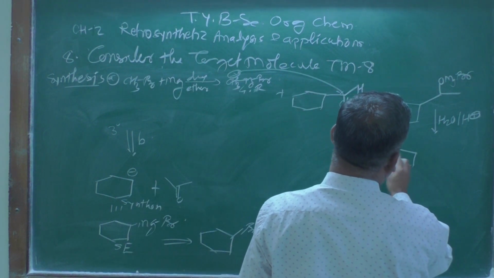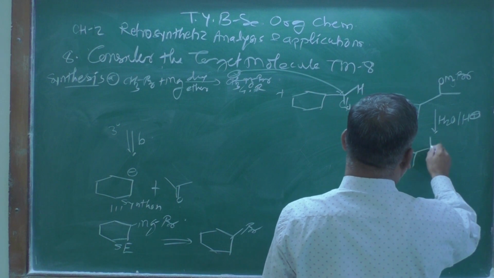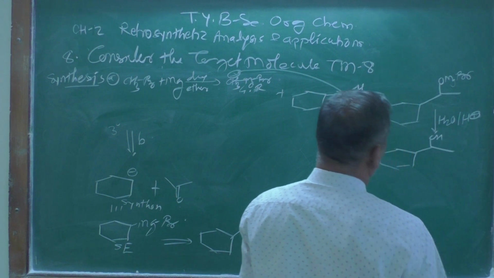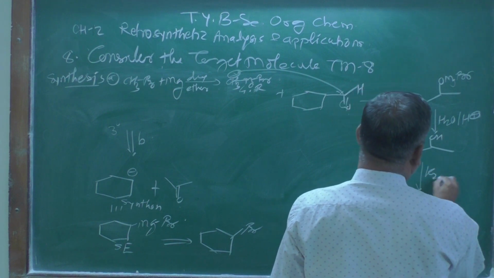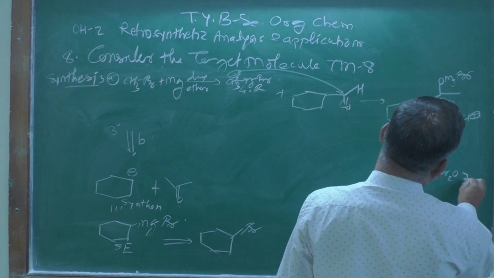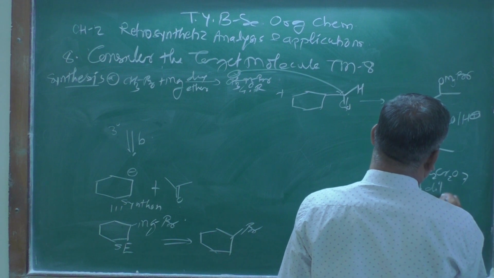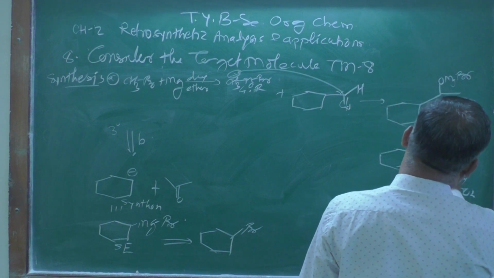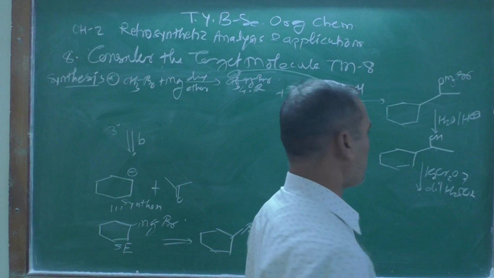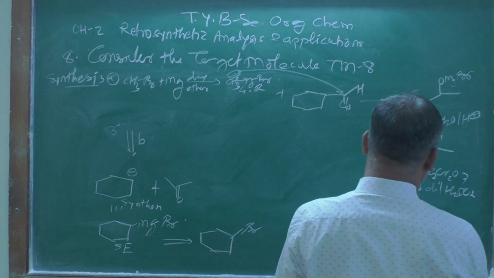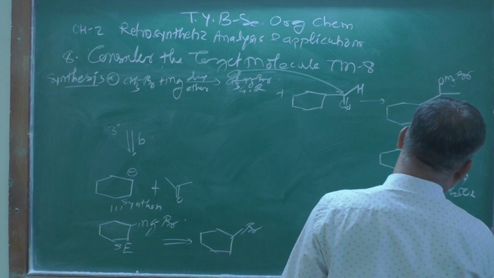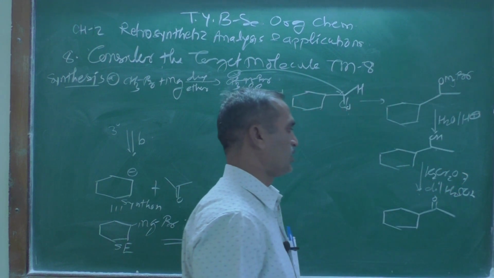This one: OH, then this methyl group, and further I am treating this with K2Cr2O7 in the presence of dilute H2SO4. What is going to happen? That secondary alcohol gets oxidized. I am going to get this secondary alcohol converted